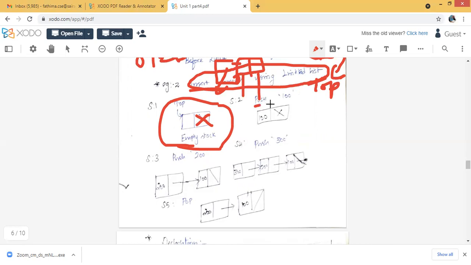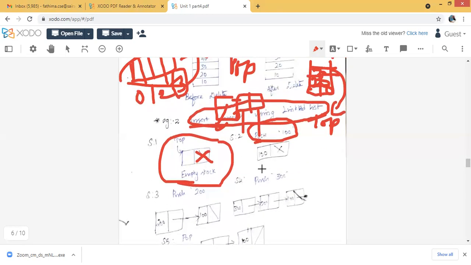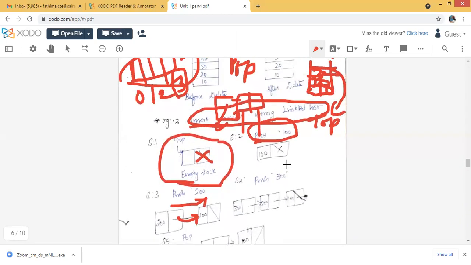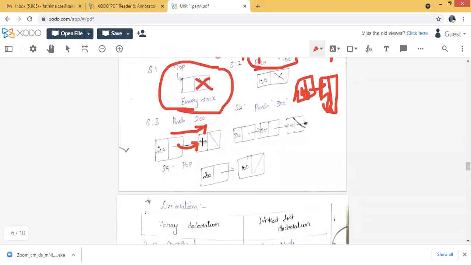In this, I'm going to push 100, right? So I just put the element 100 here. After that, if you want to push 200, that is inserted before the one. Why? Because in our previous videos we discussed the linked list concept: if you want to insert 10, after that only we insert 20. But in a linked list stack concept, you insert in the backward direction. Why? Because whatever you insert last, that will come out first. So that is why we are using this kind of notation.